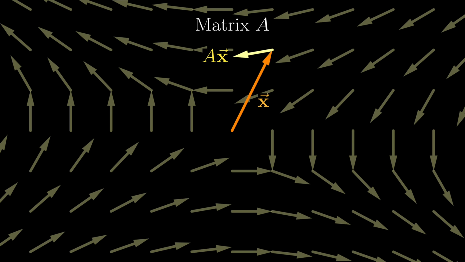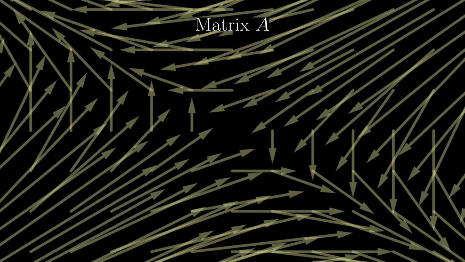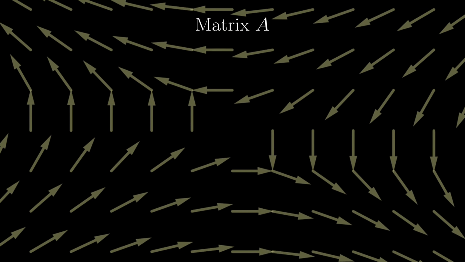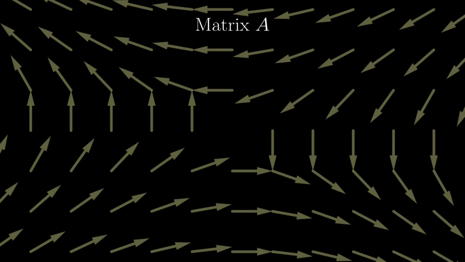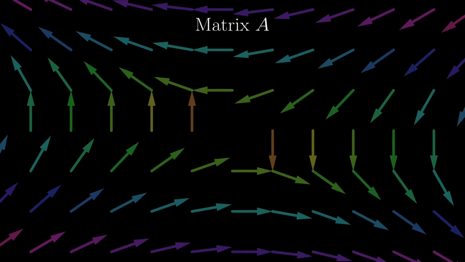A little note on the illustration on screen here. Technically, if this illustration really describes Ax, then the vector field would look very messy because some of the vectors would be too long. So the usual thing to do is to standardize the lengths of the vectors, which will still give you the direction. And if you really need the length, then add colors to indicate how long the vector should have been.